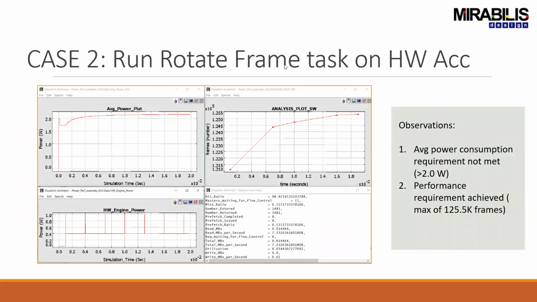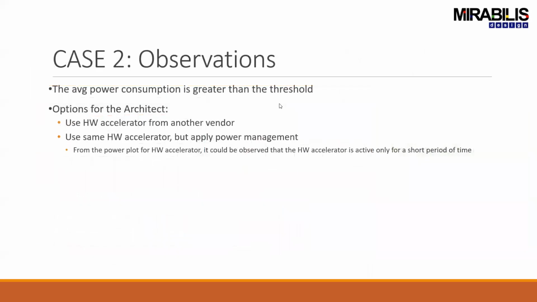Now the rotate frame task was executed using the hardware accelerator, while all others were executed using the ARM Cortex A53 core. We could see that the number of frames in 20 milliseconds is meeting the requirement. A peak of 125.5K frames was achieved, but at the same time the power goes above the threshold. It goes above 2 watts, and thus it is not meeting the requirement. So two observations were made: the average power consumption is greater than the threshold, and